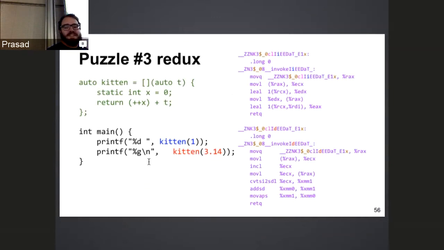Can you pass an object to kitten? Yes, as long as that object, like an instance of a class, does something reasonable with the int plus that thing. It has an overloaded operator plus. You could also pass a char star. Or you could have a free function operator plus that takes two arguments, an int and